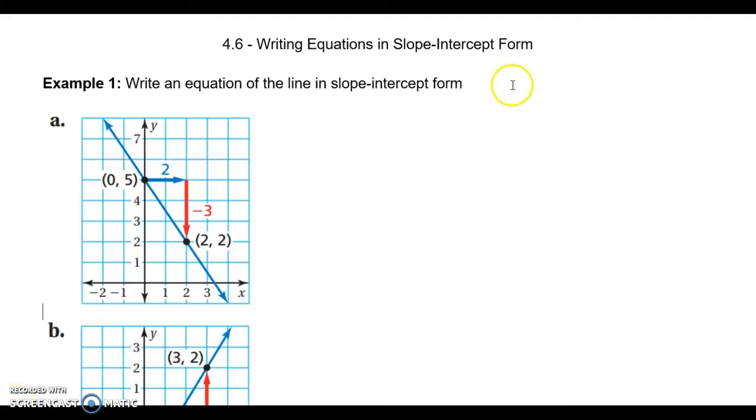Writing equations in slope-intercept form. By now, you should definitely know that slope-intercept form is y equals mx plus b. Good old annoying song stuck in your head. So for each of these, you're going to need to find your m, your slope, and your b, which is your